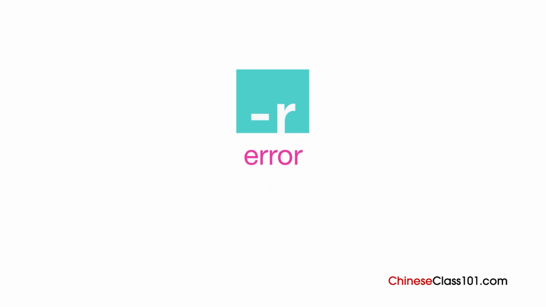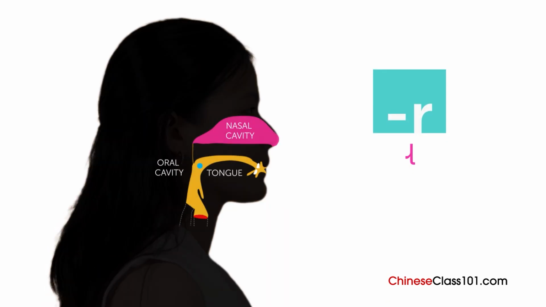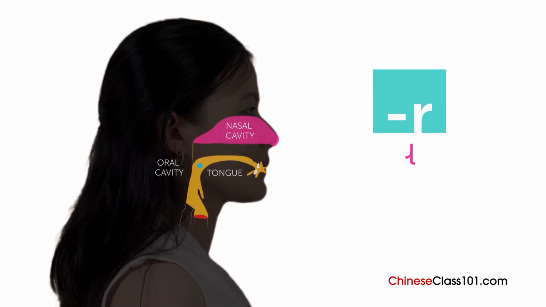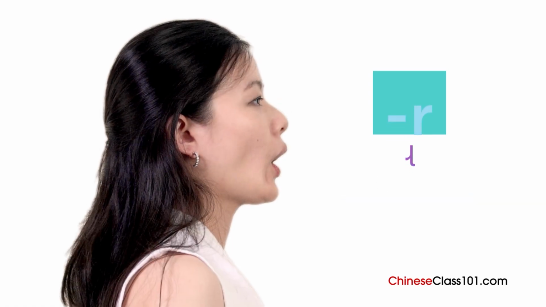To get a better understanding of what this feels like, try saying the word very slowly while exaggerating the R sound. Focus on the double R at the beginning of the word. Your tongue should be curled upwards, just past your gum ridge. Listen to how Yinru pronounces this sound. 二，二。 The next 2 sounds that we'll tackle are often very difficult for English speakers to differentiate, so pay extra